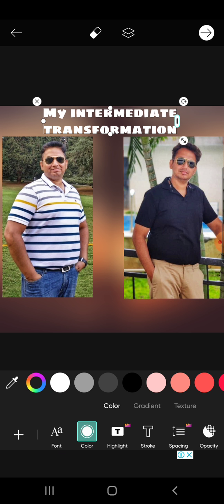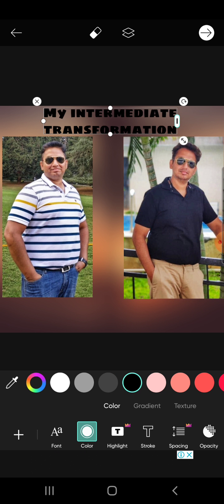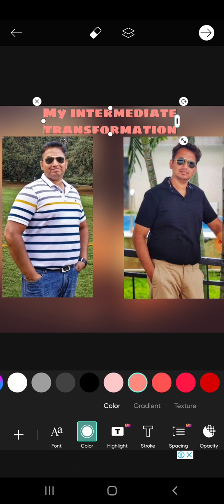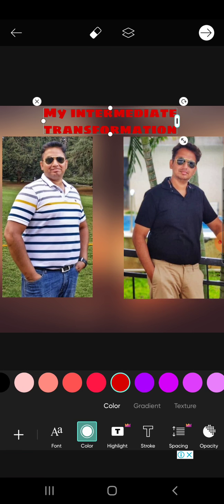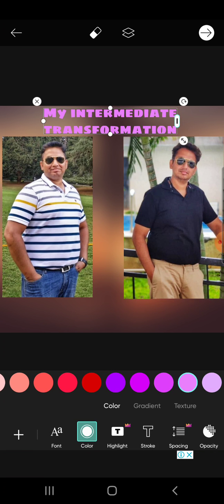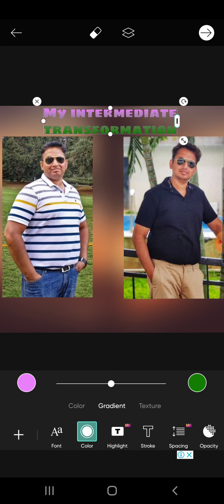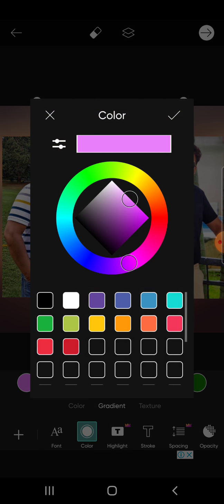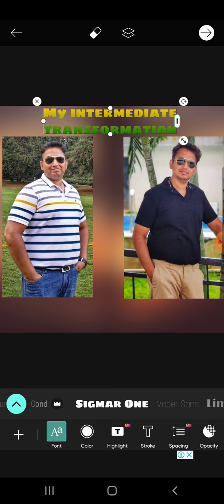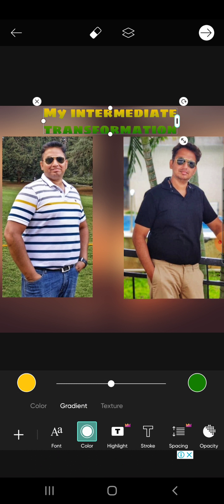Either it is only normal color, like you keep on changing the color like how I showed you in the background, but you can also choose gradient. In gradient, it will be like two colors which you can mix and match depending upon the background and the content which you have selected.